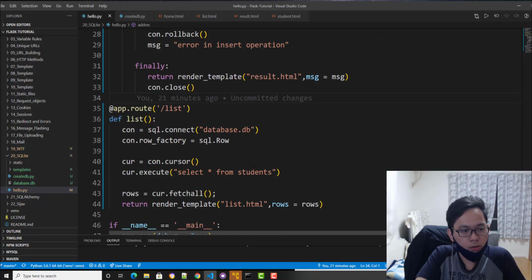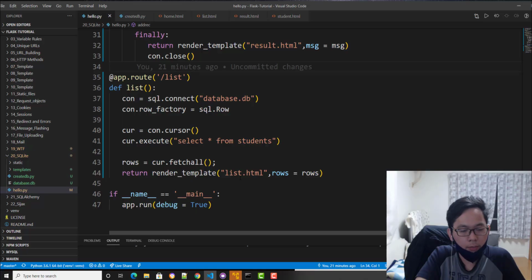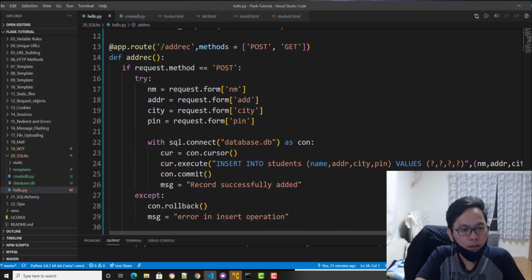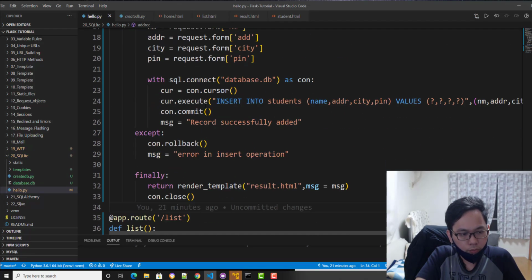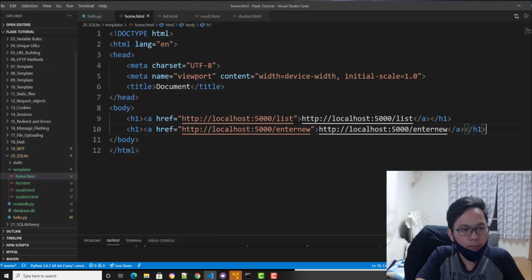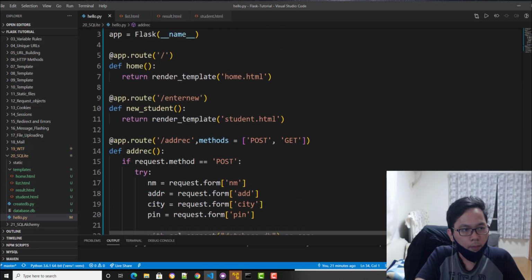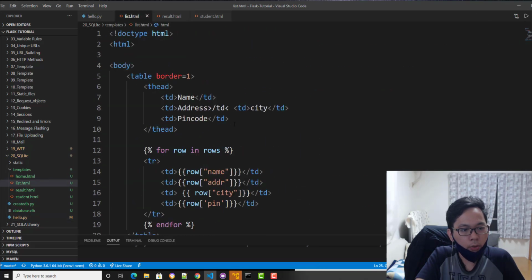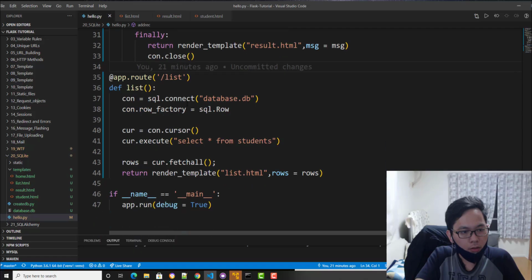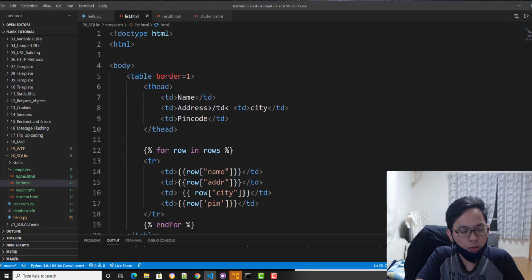Like select from all students, something like that, you pass it on to your template. On our main file, this thing is absolutely self-explanatory. And let's go to the template, this one, self-explanatory. Just go into the URL and list.html. How are we going to pass it after we pass it? So for the list, we're going to go to our database and pass the entire row by using fetchall. You see that?